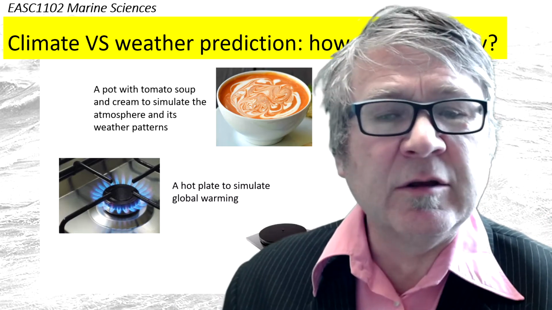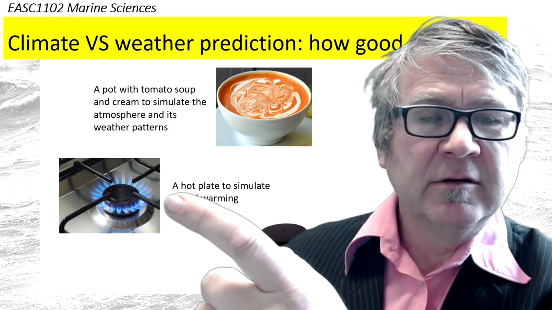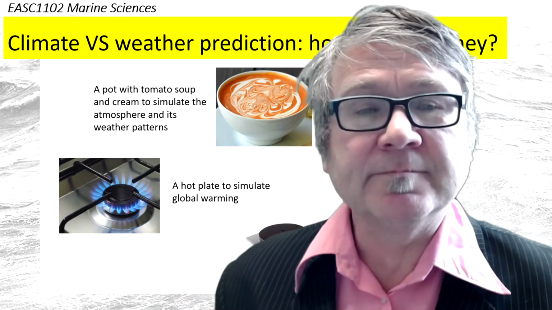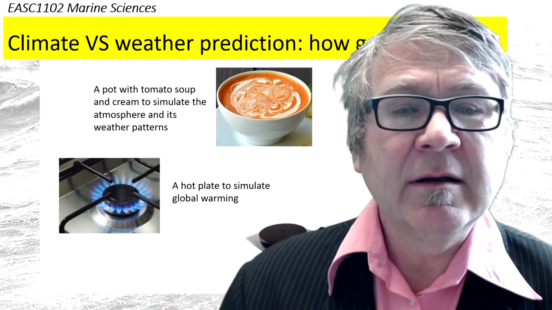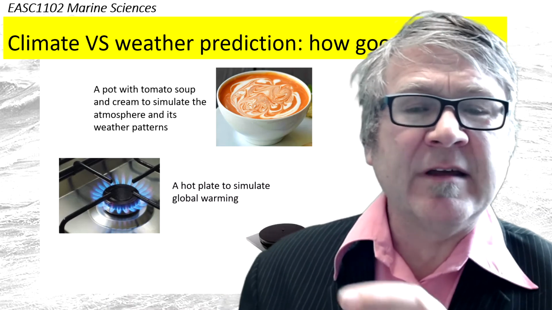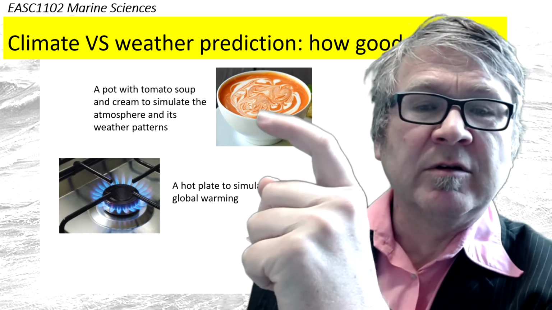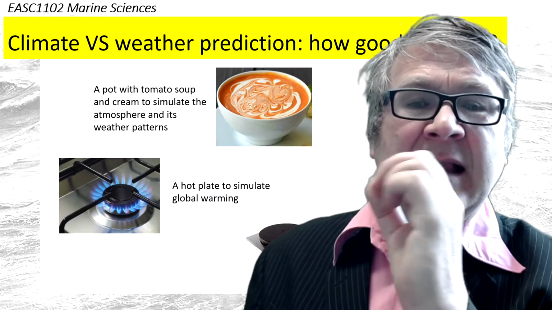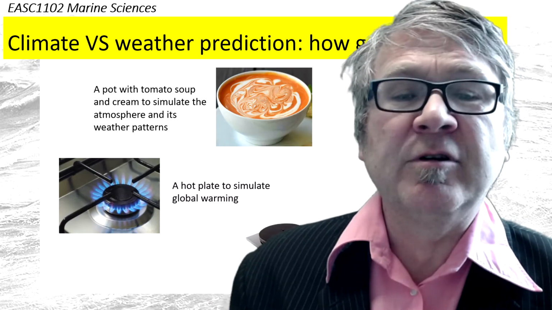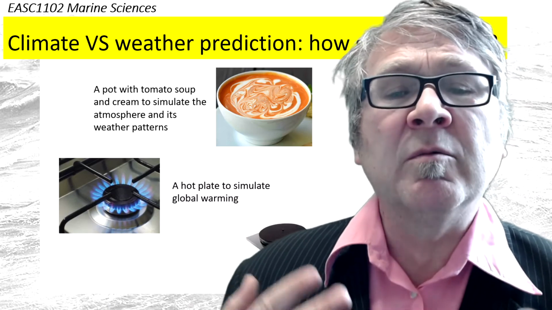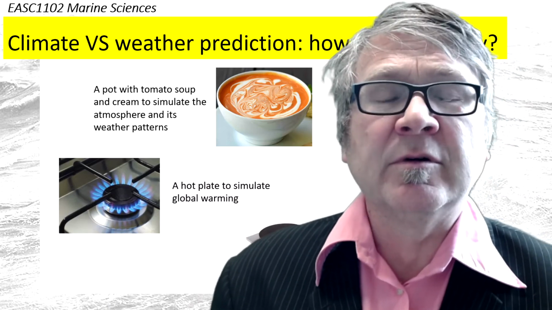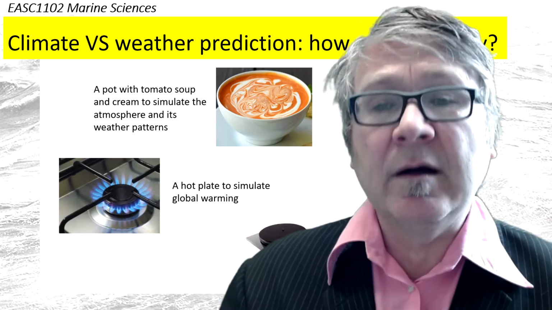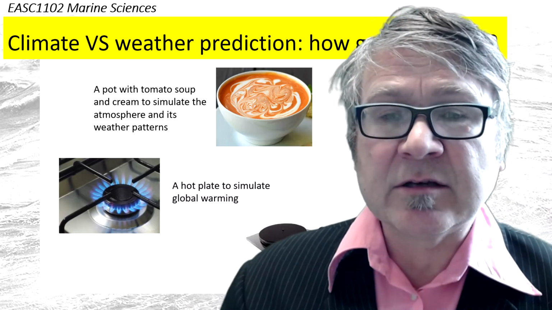That's trivial, isn't it? Because you put it onto the hot plate, it gets warmer. This is why we can predict global warming. However, you cannot accurately predict where these little swirls will go. You put a little bit of disturbance here. These are the weather patterns. At a precise location, you can't predict whether there will be cream or tomato soup. And that's the key difference between weather and climate prediction.